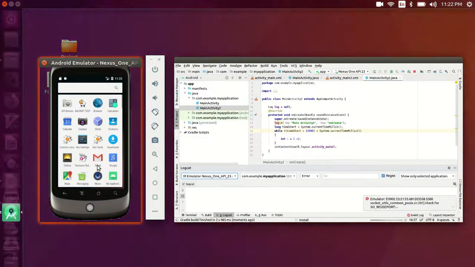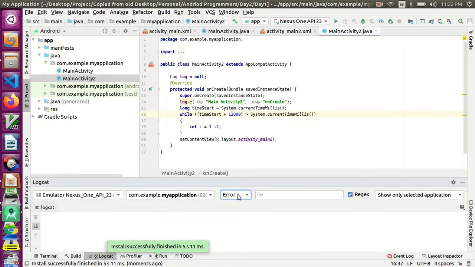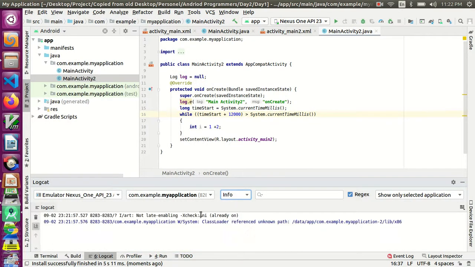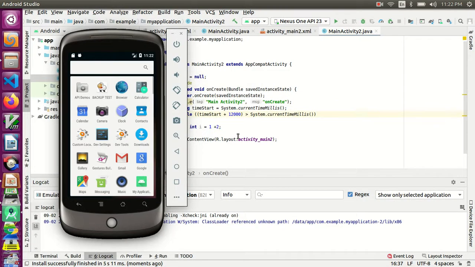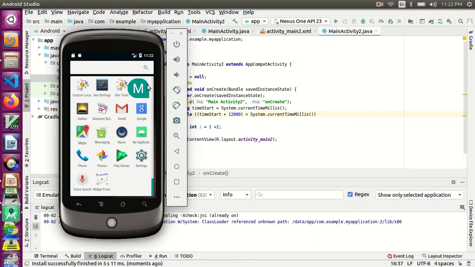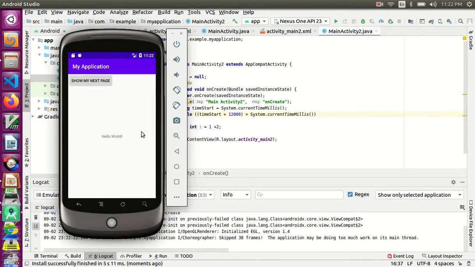The install is finished, and you can see our info is coming correctly. So I will show you. This is our application. When I click show next page,